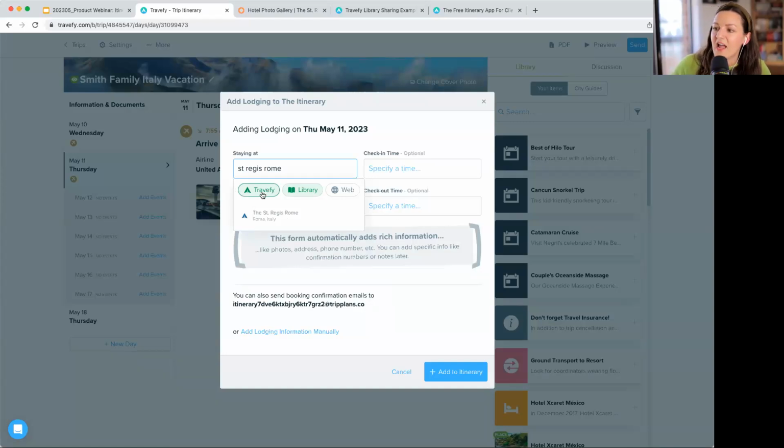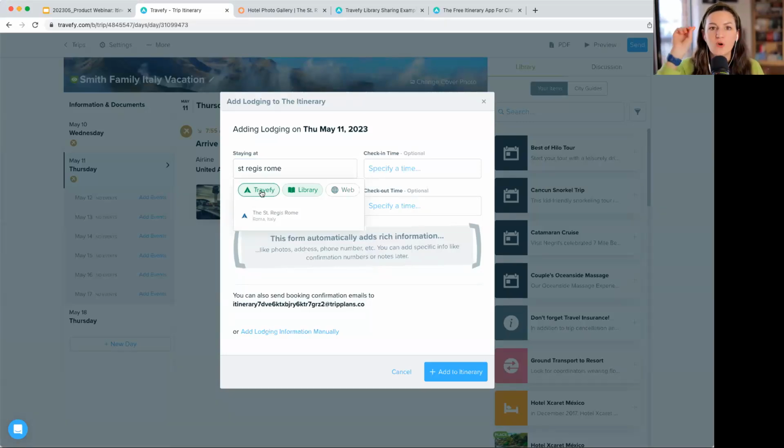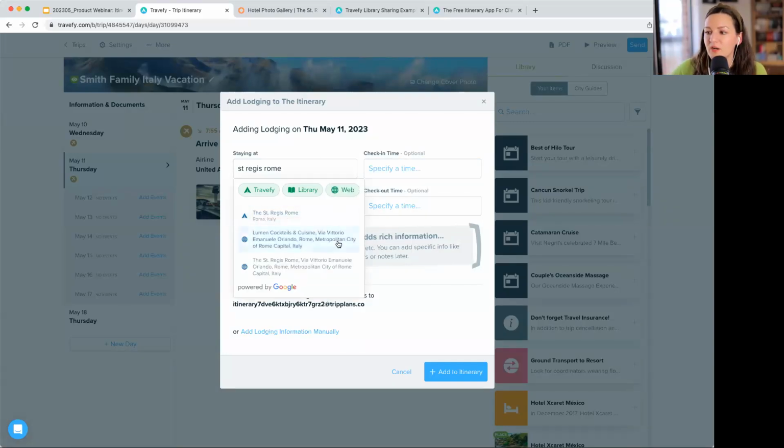Do you see how I have Travefy? I have my library, I have web that I can choose. Basically what's happening here, we just added a whole new database of hotel content, and that's what the Travefy is. So the Travefy is going to be your content from our hotel database. That's going to give you photos and information. Now the web is going to be Google. So you will sometimes still get photos, but it's a little less information and it's not as up to date. So it still is great to use that Google option if you have,